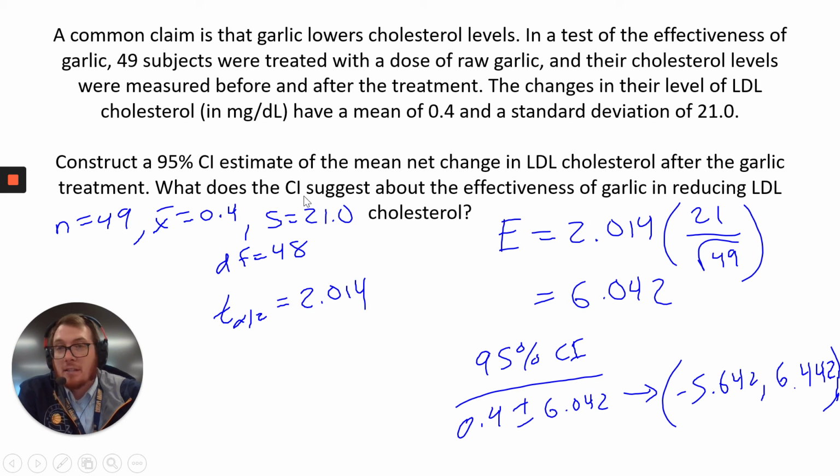What this tells us is that we can't really say the garlic is effective because the confidence interval has some negative and some positive numbers, which means I don't know if it's going to actually help or hurt. It's somewhere in that range. If the entire confidence interval was negative, then I would be fairly confident that it does lower my cholesterol level because everything would be a mean change of a negative. If all the numbers were positive, I would be fairly confident that it would raise your cholesterol level. But this one doesn't give me much confidence at all because 0 is included